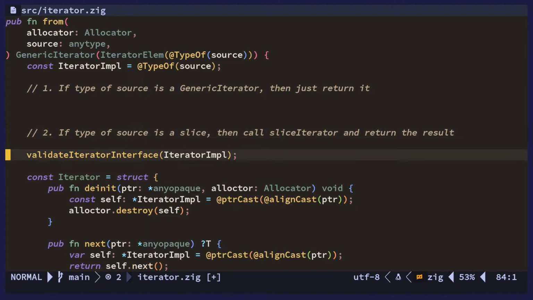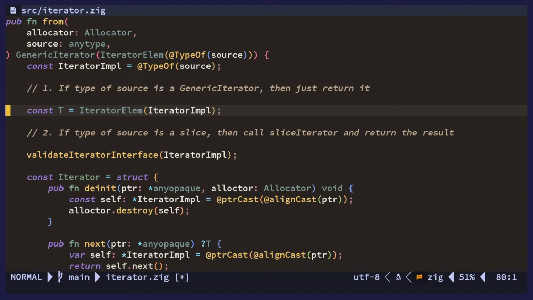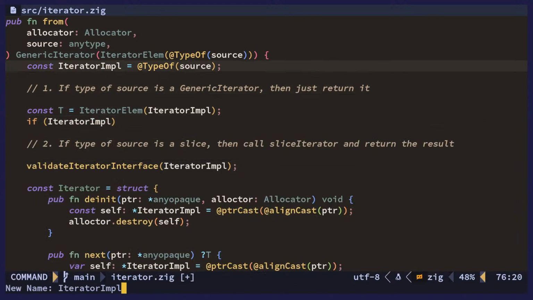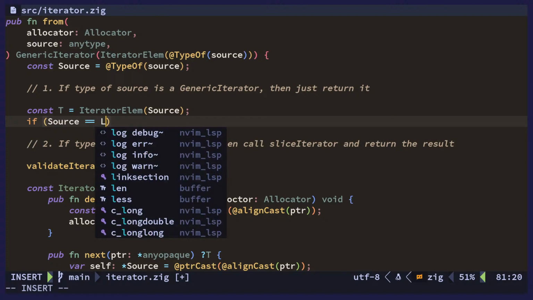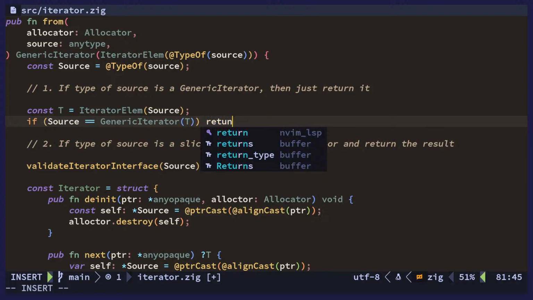But let's do this first. So that means we need the iterator element up here, and then we probably want to validate it, but we're sort of validating it by checking if iterator implementation, or I guess we can call this source,